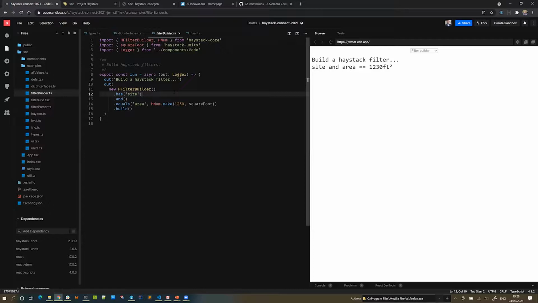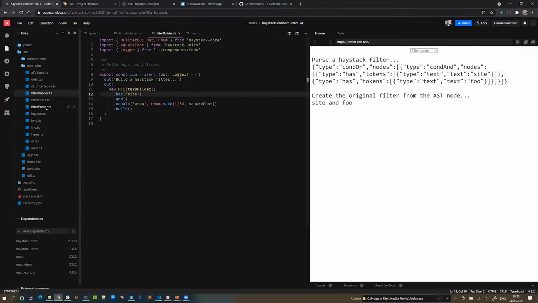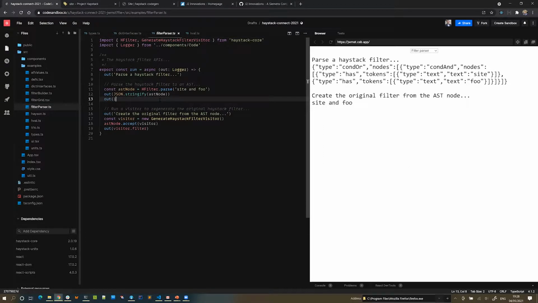Just a few other little things with Haystack Core. We've got a filter builder to make it nice and elegant, so you can build your Haystack filters with ease using a classic builder pattern. We've got the parsing framework here, and we use this in our cloud technology to compile a Haystack filter and then cross-compile it to other database queries depending on your backend database. So that's pretty smart. What I'm doing here is compiling a site and foo to an AST node tree,